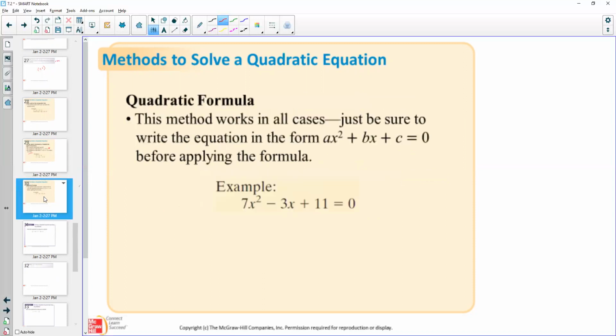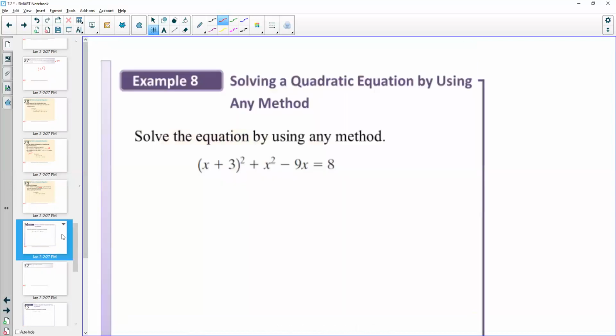Option 3, that works every time, all cases, is the quadratic formula. You use it when you look at it and go, I don't know how to factor that, and the square root property isn't going to work, so I'm going to move on. All right. So what's going to happen here and in the homework is that you can solve them